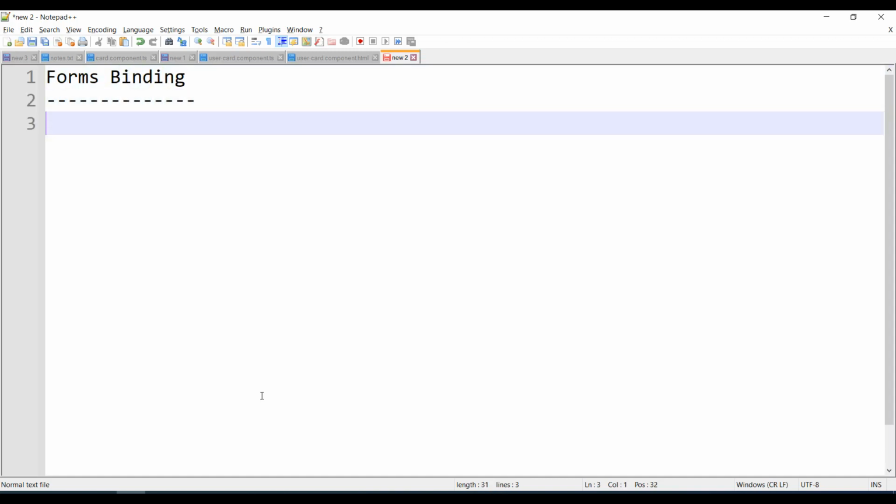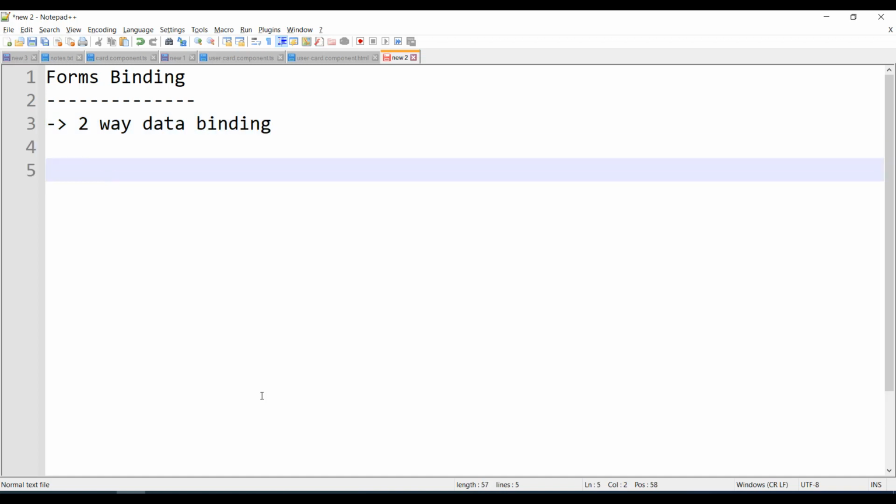Form binding is how you bind your form data to the component-specific state. Here itself you get the concept called two-way data binding. As of now, what we have done in events handling is you have a UI, and you click on a button. When you click on the button, the data is updated from the UI to the component, just one way. So now let's say two-way. Two-way means from component to HTML and HTML to component.